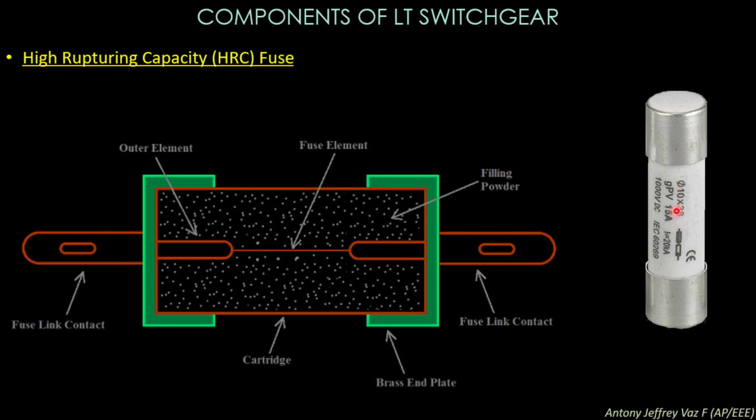This type of fuse has very high accuracy, and it will work in a predetermined way. When the current less than 15 ampere is passing through, the fuse will allow the current. When the current increases above 15 amperes at once, this fuse element will break down, and the fuse will not allow the current to pass. So the HRC fuse is a very good type of fuse to be used with devices.